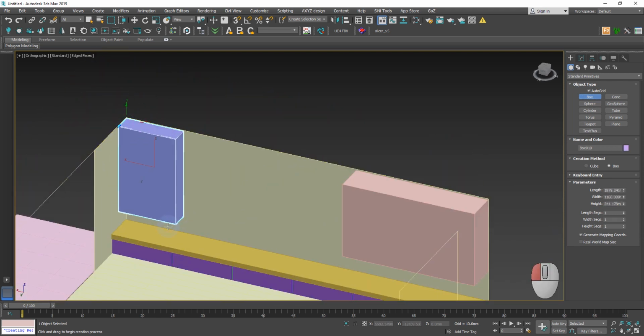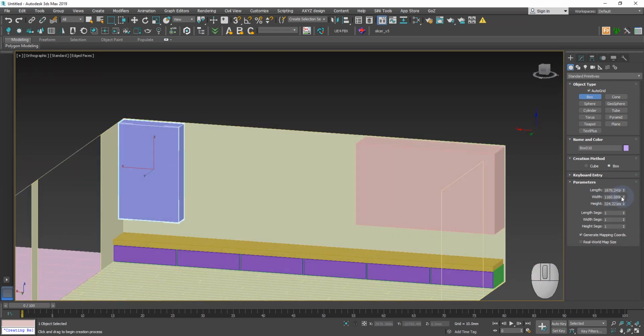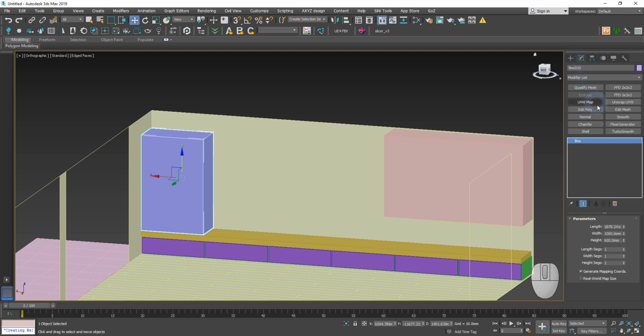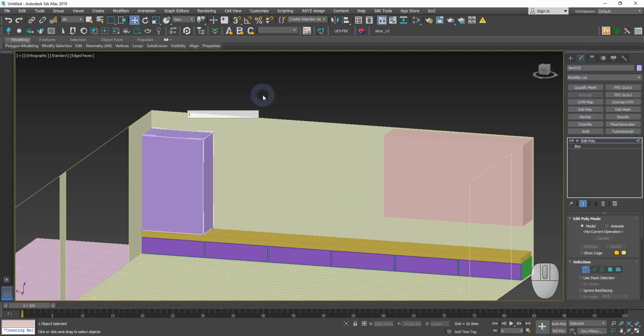Create another block at the entire height in this corner. You can create it with the help of Edit Poly, by the way. Its width is 1,200, thickness is 600. I press on 1.